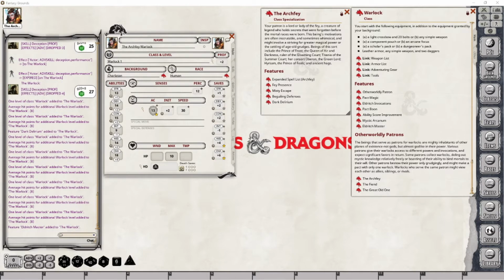An Archfey is a lord or lady of the Fey, which are essentially creatures who existed well before mortal races were even thought of or born. Not much is really known about who the Fey actually were. The fact that they were discovered was pretty much an accident. But you can see a few examples here of those that are known, and there definitely are a lot more that exist. I'm not aware of any, but I wouldn't be surprised if there are some supplements out there that flesh out that list a little more fully.